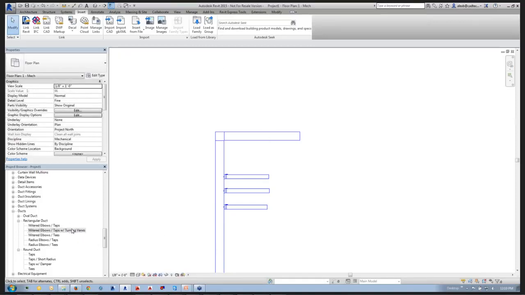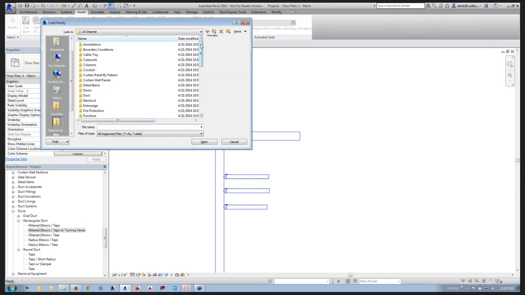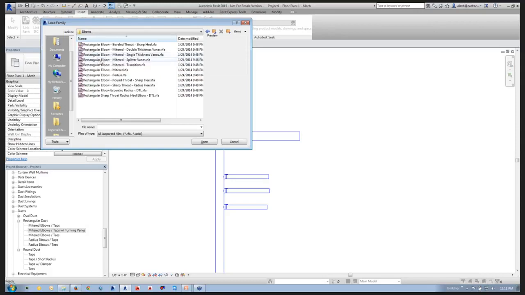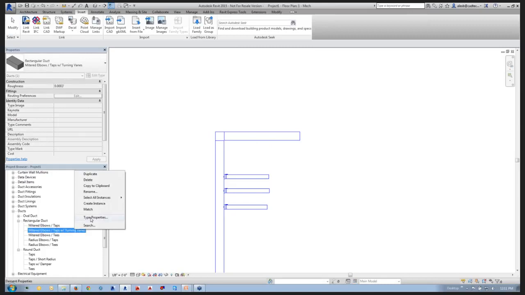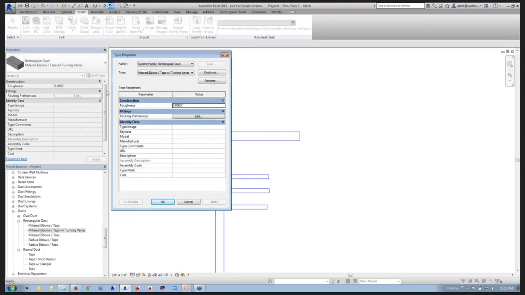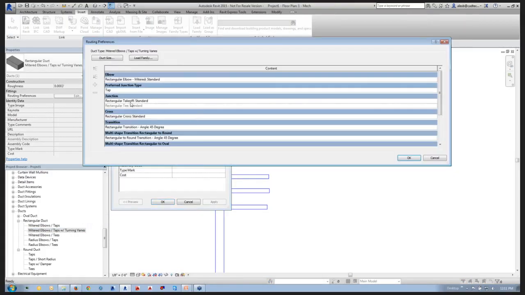And before I go in and edit the routing preferences, I'm going to make sure that I've got my elbow with turning vane family loaded into the project. So I'll go out to our library and I will find that fitting. And we're going to grab our rectangular elbow mitered single thickness vanes. So we've done that. We can then go in and edit our type properties, where we're going to again find our routing preferences, and